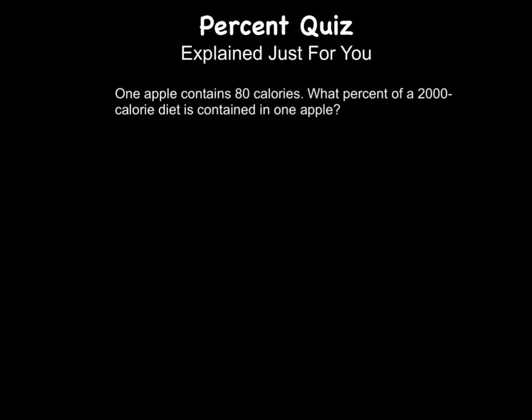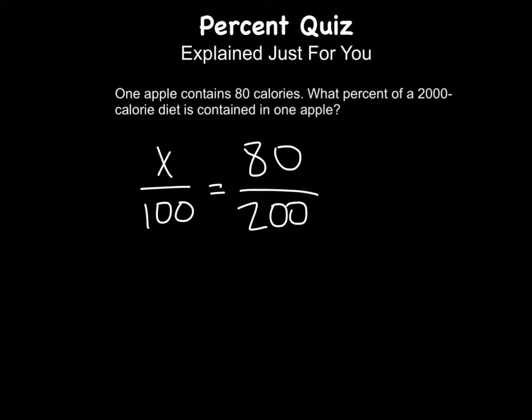One apple contains 80 calories. What percent of a 2,000 calorie diet are we using? So same exact type of problem. So I'm going to set it up the same exact way. We need a part over whole. So the apple out of the whole diet. And then I'm just going to figure out what that would equal. And so if we do 80 divided by 2,000, that equals this, which we know would be